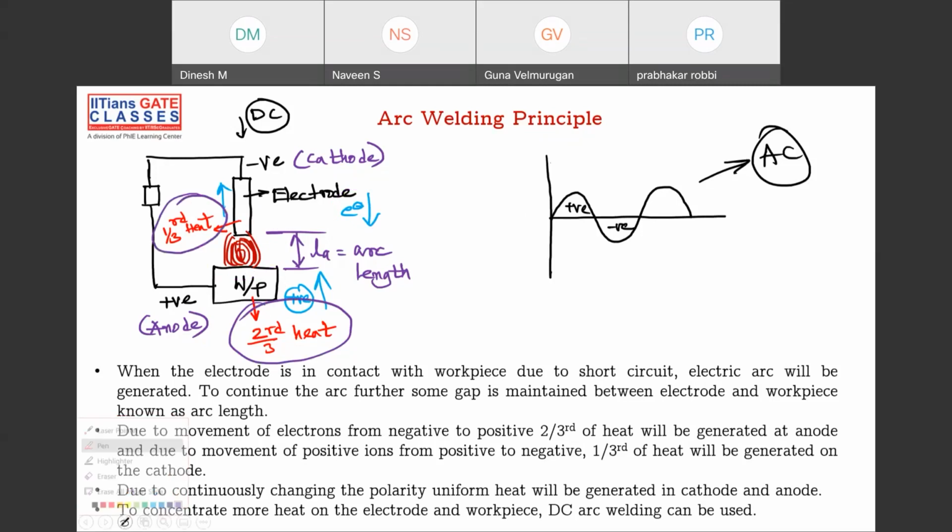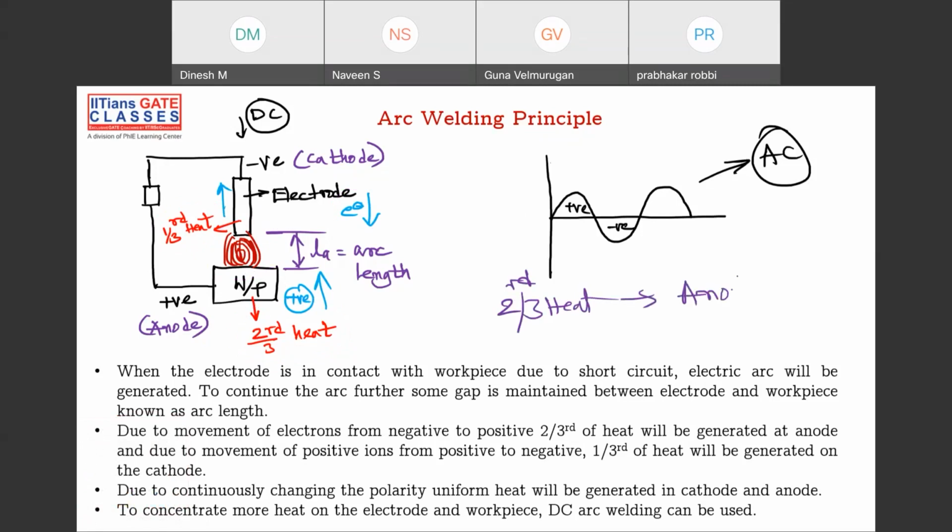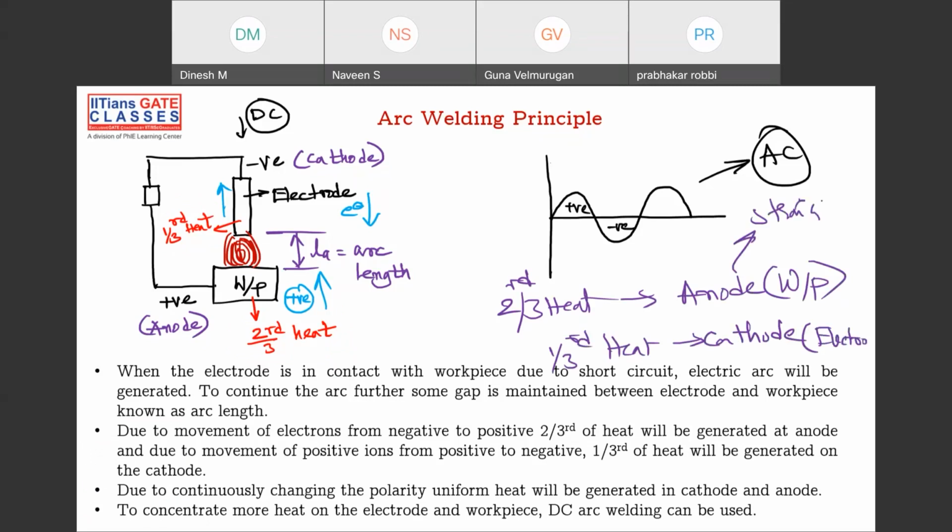In a sense, what I can say is that 2/3 of heat is generated at anode, 1/3 of heat is generated at cathode. Here anode is workpiece in our case, cathode is electrode, and that's why this is called straight polarity. Okay,